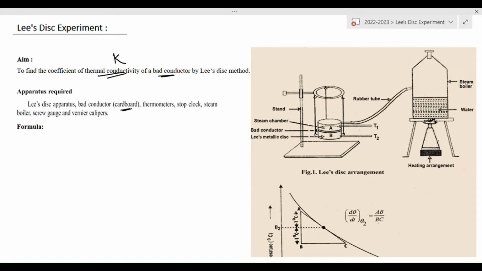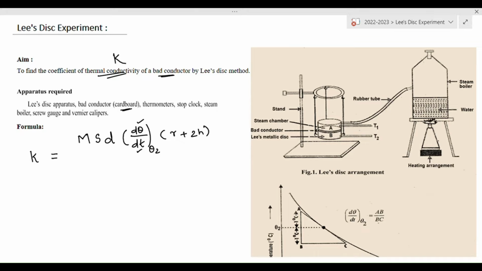The formula is K, the coefficient of thermal conductivity of a bad conductor, is equal to s, the mass of the disc, s, specific heat capacity of the disc, d, the thickness of the cardboard, d theta by dt around theta 2, that is rate of cooling, the difference in temperature with respect to time around the steady state temperature of the Lee's disc, and then R plus 2h. R is